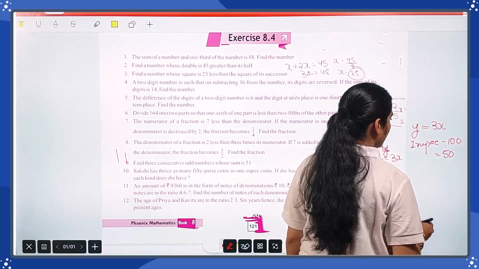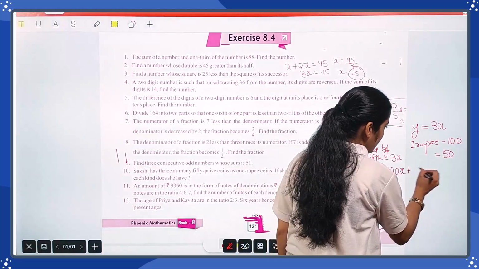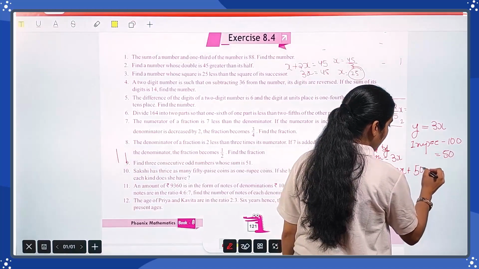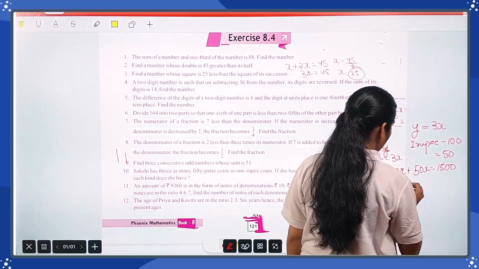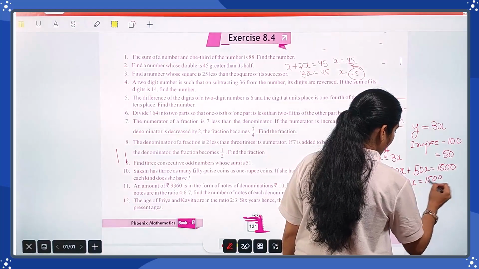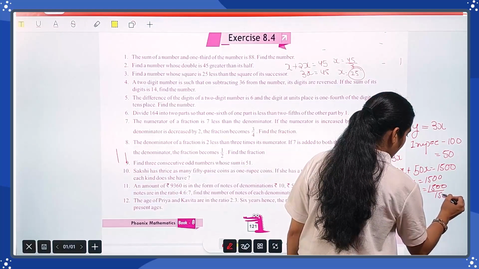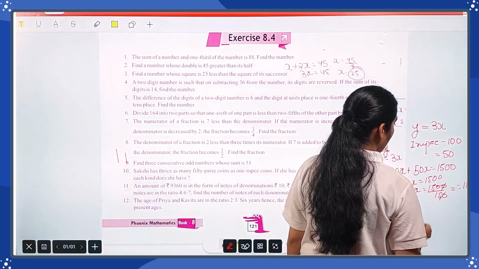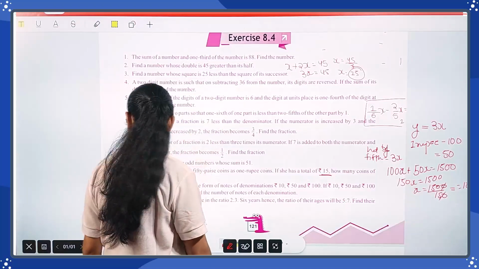So now what we have to do, we have to multiply it. So 100x, in case of 50, we have 50x, and it is equal to 1500. We also multiply 15 with it. So 150x is equal to 1500. Now x is equal to 1500 upon 150, that is equal to 10. Okay, so now x is 10, so thrice of it, matlab 30. So next question we have,